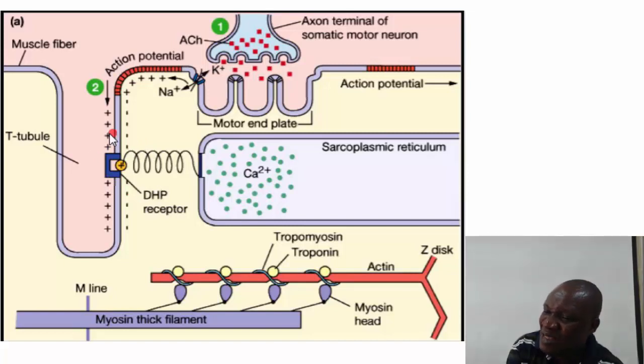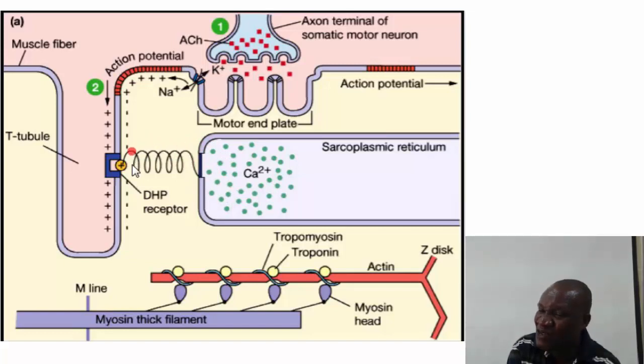Now, these dihydropyridine receptors, when they are activated, will activate ryanodine receptors in the sarcoplasmic reticulum via electron-dense feet. What this means is that the dihydropyridine receptors are coupled to the ryanodine receptors in the sarcoplasmic reticulum